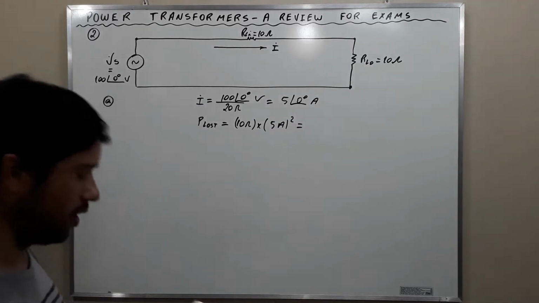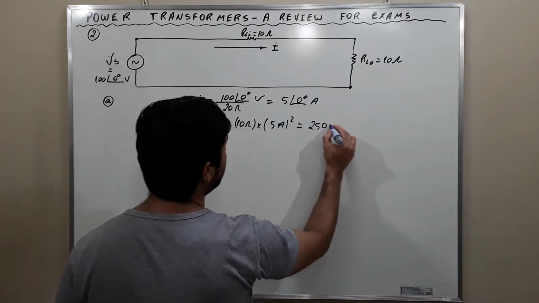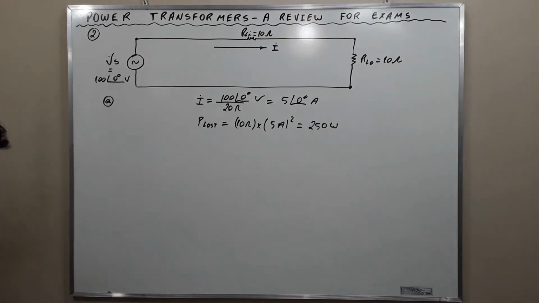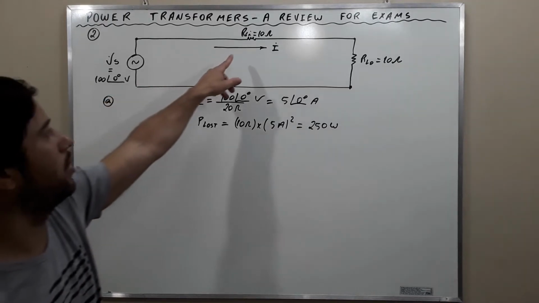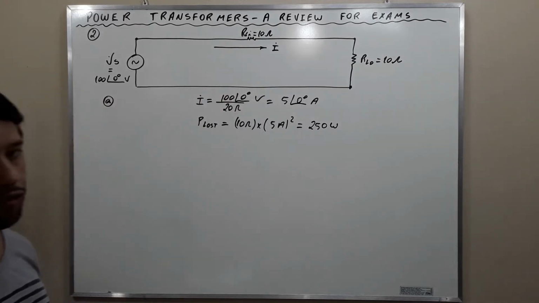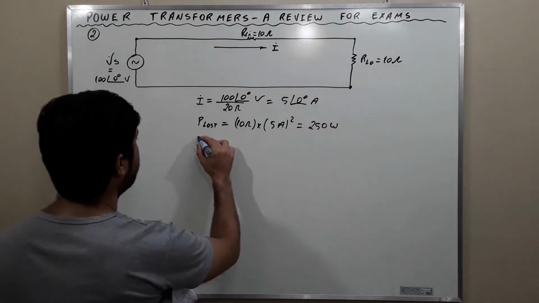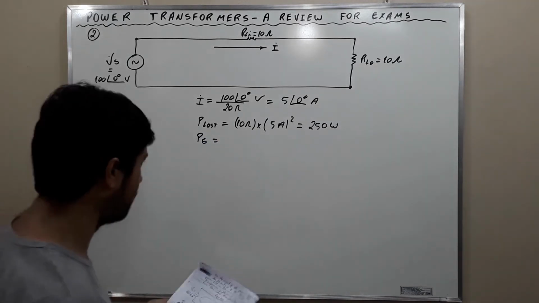And this is 250 watts. And now to calculate the percentage of the generated power lost in transmission, we need to calculate the generated power. The generated power is